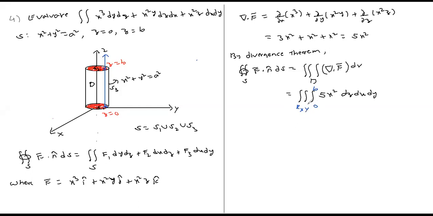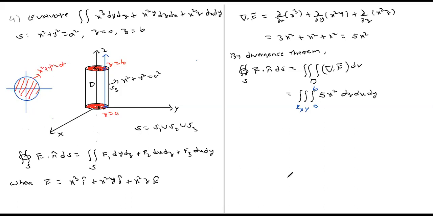Why am I not writing the limits here? Because the projection is a circular region. Whenever you have a circular region, instead of writing the limits in Cartesian form, it may be easier to evaluate the integral if you convert into polar coordinates. You remember? Therefore, at present, I am not writing the limits of integration, because anyway I am going to change it into polar coordinates. So this equation is x square plus y square equal to a square.